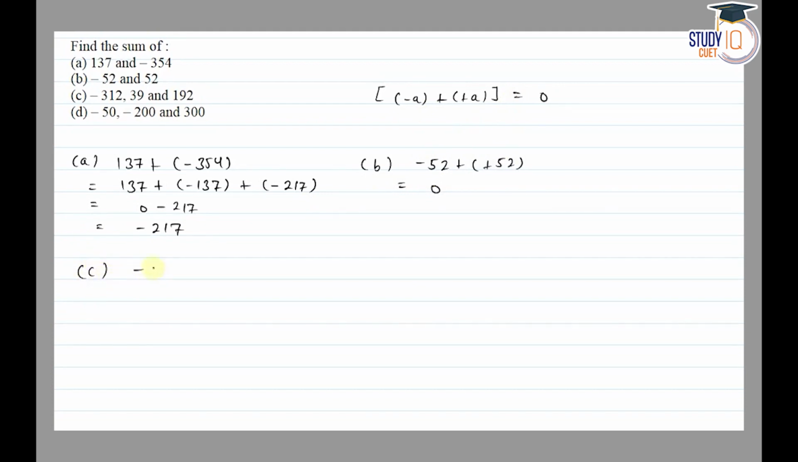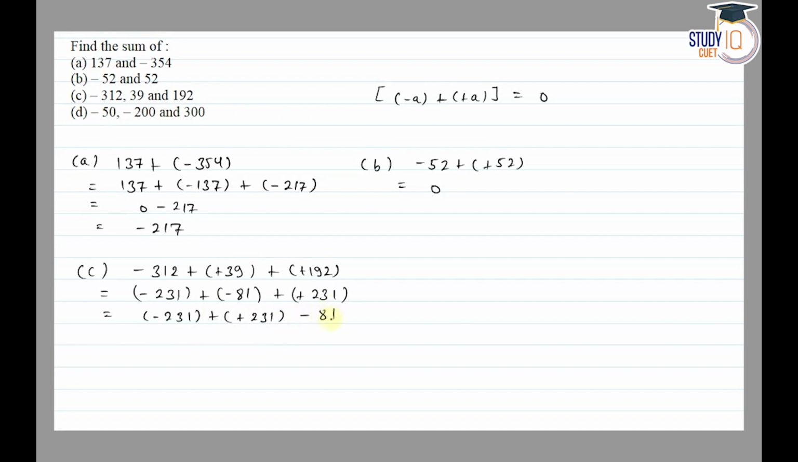सी माइनस 312 प्लस 39 प्लस 192. सो इसे हम ब्रेक कर लेंगे, माइनस 231 एंड माइनस 81 प्लस 39 प्लस 192 का सम हो जाएगा प्लस 231. सो माइनस 231 प्लस 231